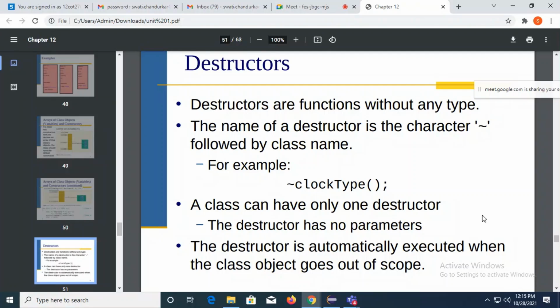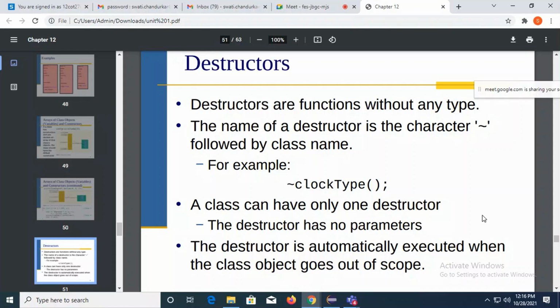Even if you are not writing the constructors and the destructors, the compiler will implicitly give a call to the constructors and the destructors. So, destructor will work exactly opposite to your constructor. Constructor will allocate memory and destructor will deallocate the memory which has been allocated for that respective object.